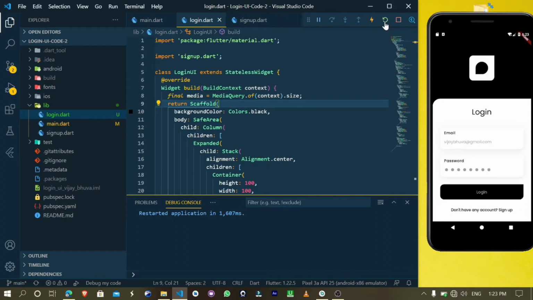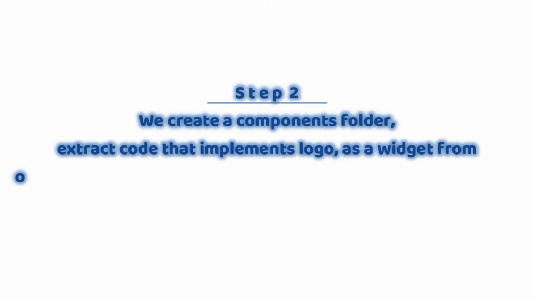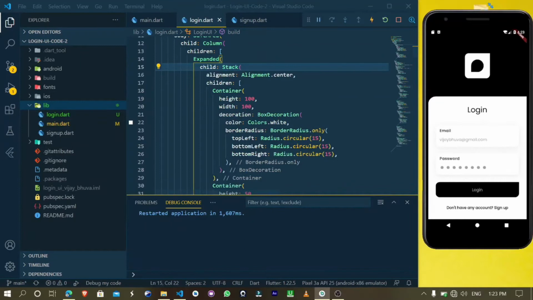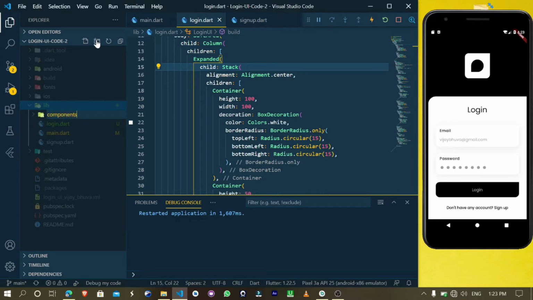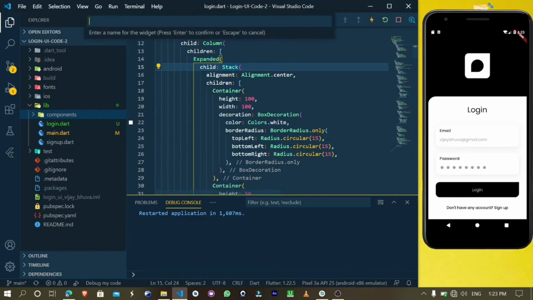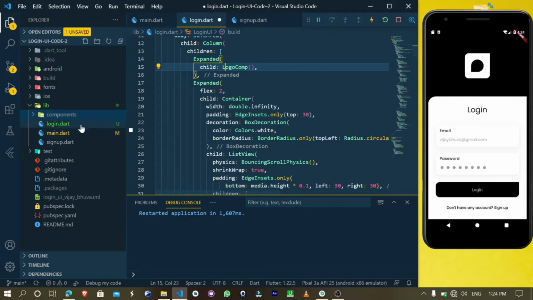So what we're going to do next, we're going to create a components folder, extract the code that implements our logo as a widget from our login.dart file. We create a logo.dart file in our components folder and then paste our code there. So in our components folder, which we just created, we're going to extract our logo code as a widget and